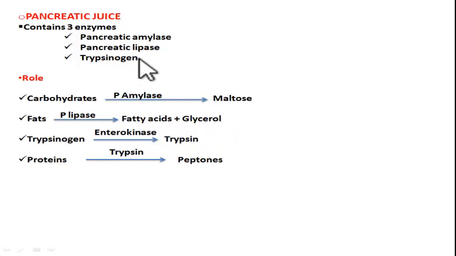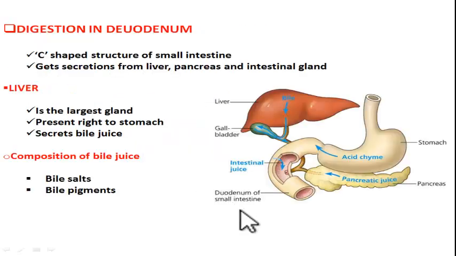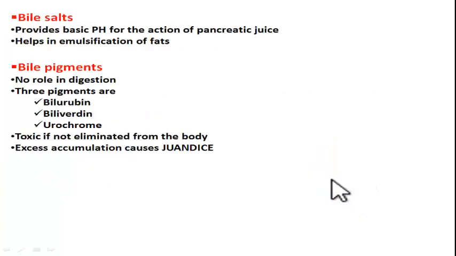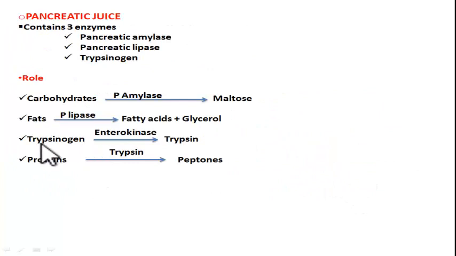Now what is the role of the third enzyme? This is an inactive enzyme. It has to be activated first. Who will activate? Enterokinase. There is another enzyme called enterokinase, and this enzyme is from intestinal juice. I told you intestinal juice comes here. So the third juice has an enzyme called enterokinase that activates trypsinogen of pancreatic juice. So trypsinogen is activated into trypsin with the help of enterokinase.